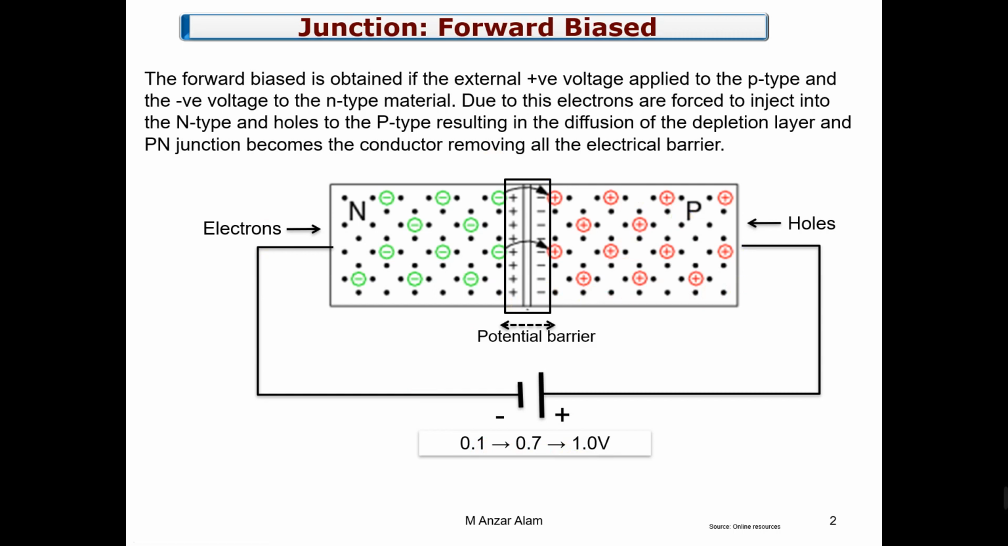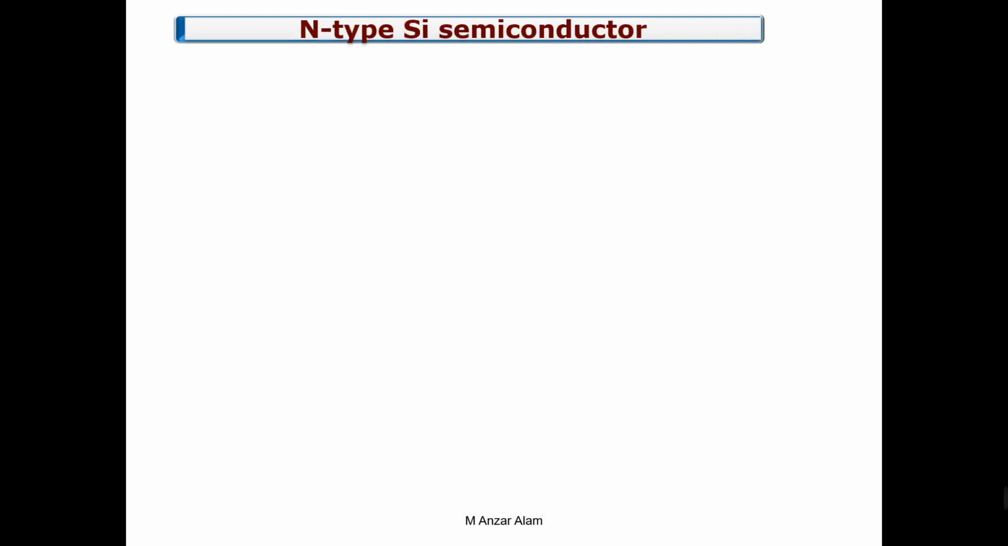And if we plot this voltage versus the current flow, then this will be known as the characteristic curve of a PN junction diode. So the PN junction is a diode. Next time we will use this PN junction as a diode, a PN junction diode. Okay. Now